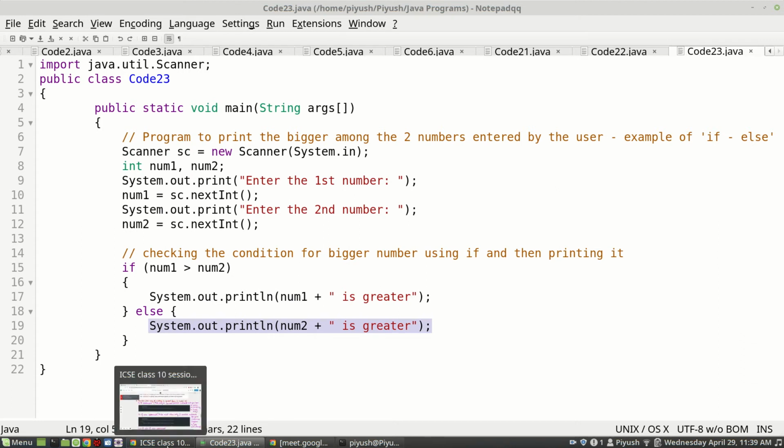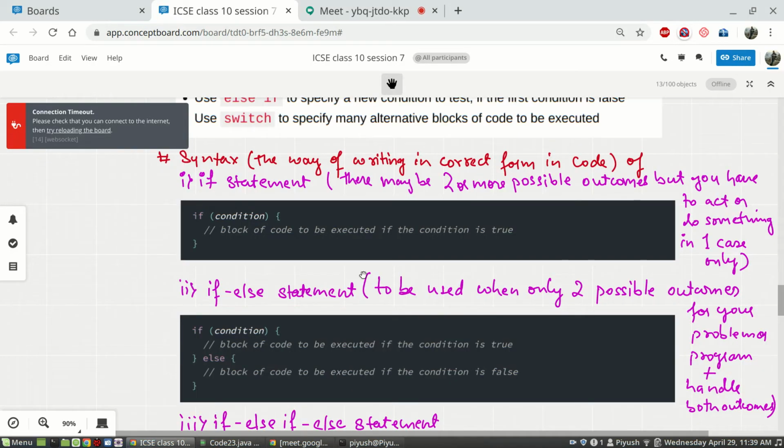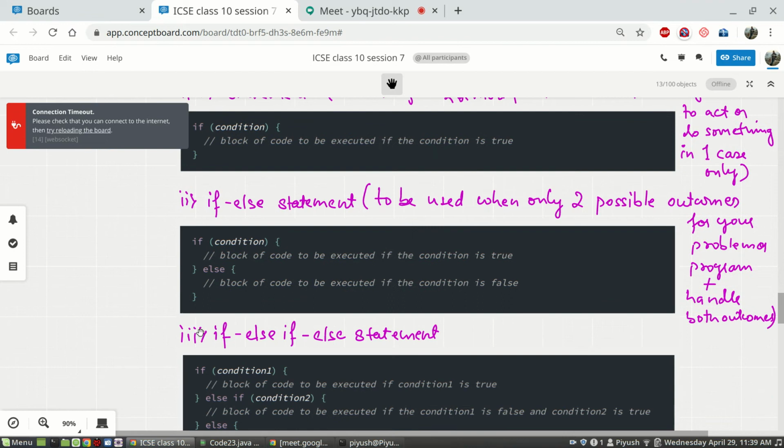Now, the third version. I'll just give you a brief of the third version and then we will stop for today. I'll not show you the program.